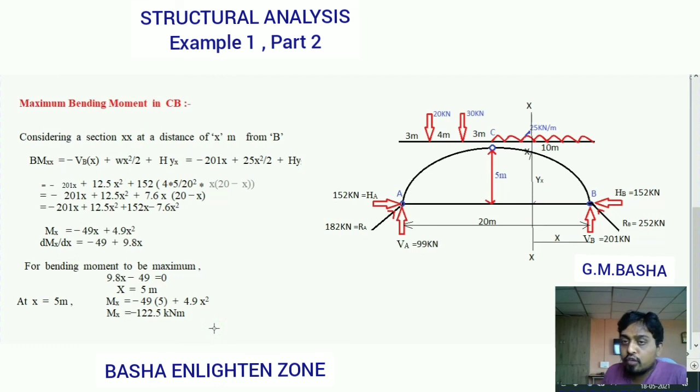So if you want to find the maximum bending moment, beforehand you can choose two spans, right half of the span and left half of the span. In each half of the span, consider any section xx at a distance x from one point and resolve the forces up to that point and find the distance. After finding the distance, substitute in that equation and find the maximum bending moment on both spans. After obtaining it on both spans, confirm what is the maximum bending moment on the entire arch action. Okay.